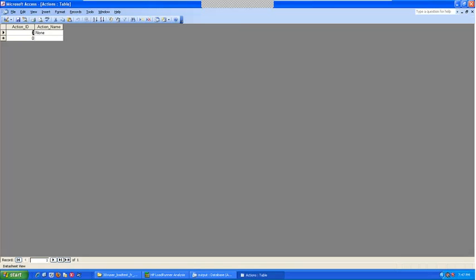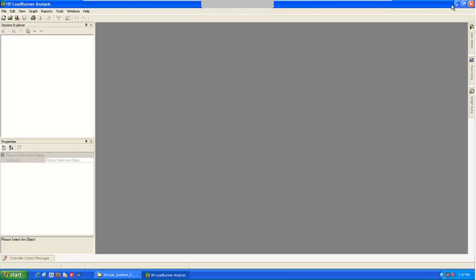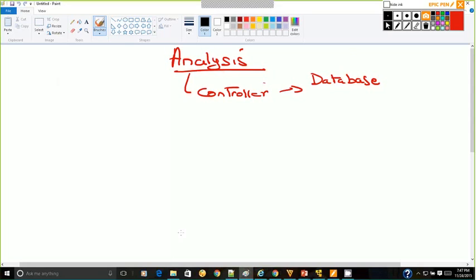When we open the analysis file, the file extension is .lra. That means LoadRunner result analysis. LR stands for LoadRunner, or LoadRunner result, whatever you want to call it.